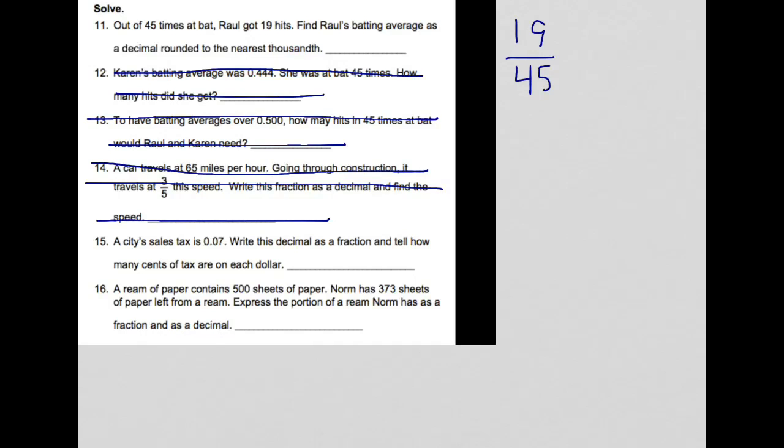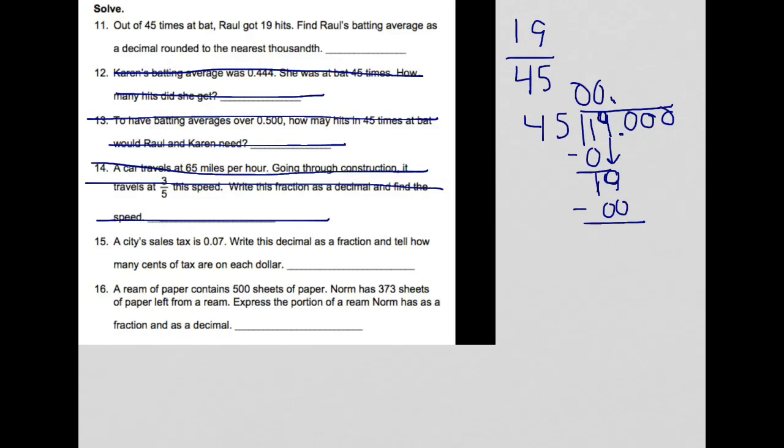he had 19 hits. To change that from a fraction to a decimal, I'm going to put my division bar, put 19 inside and 45 on the outside. I'm going to add a decimal above and below the line and add zeros, and here we go. 45 cannot go into 1, so I'm going to put a 0. 45 cannot go into 9, or 19 I should say, so I'm going to put a 0. I'm going to put 45